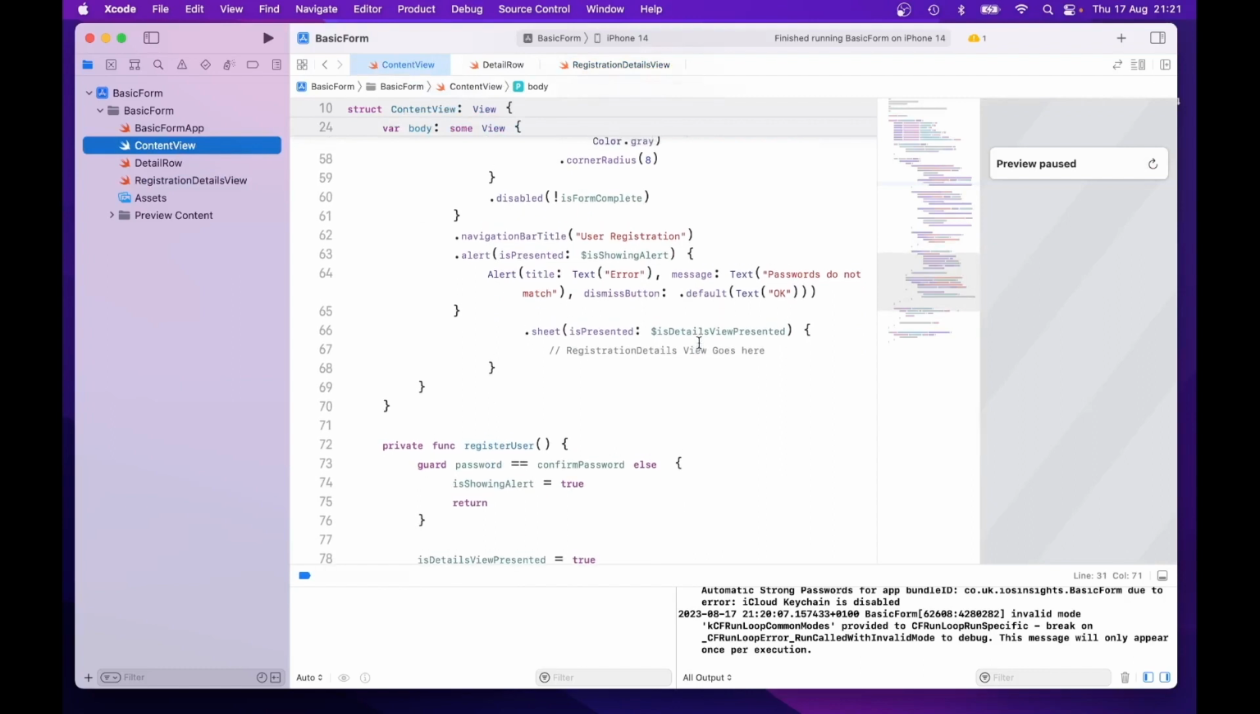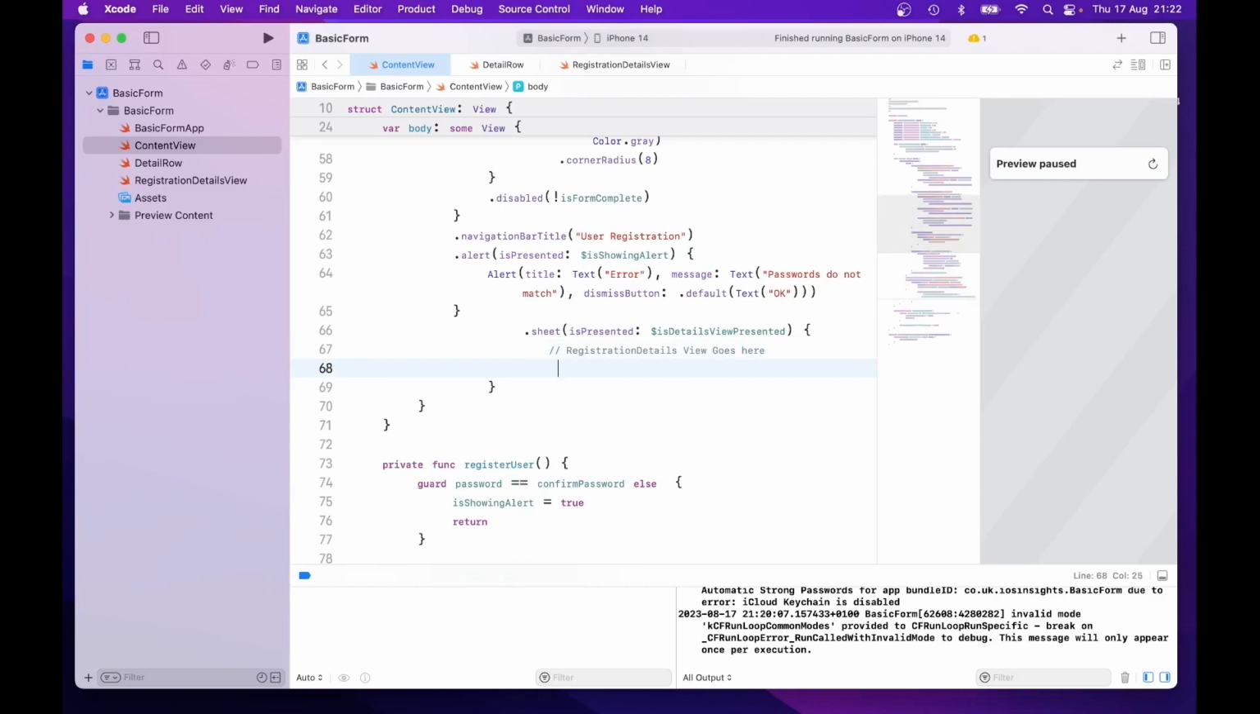Oh, so what the problem is, on line 67, we haven't passed the actual information to the registration details view. That's why the information was blank on the registration details view when we clicked on the button. So that's what we're doing now. So go back to the content view, and on line 67, just add the following: